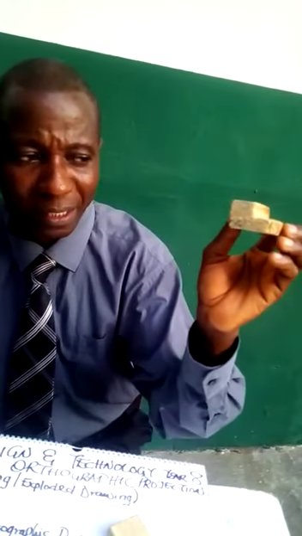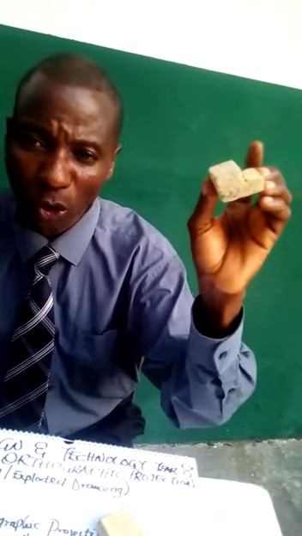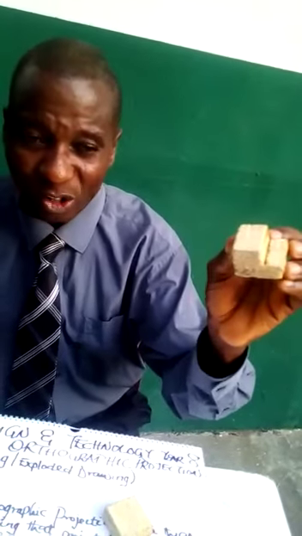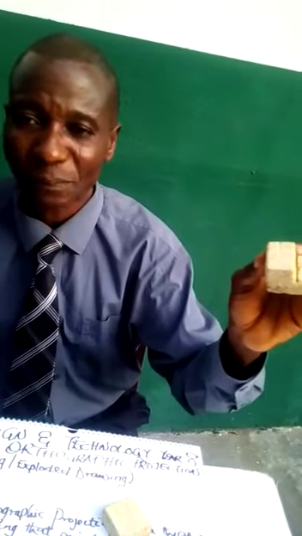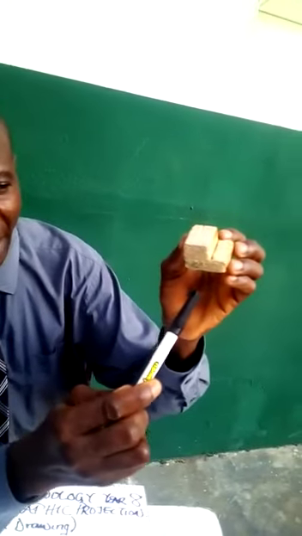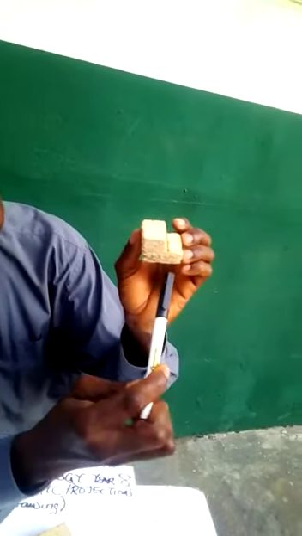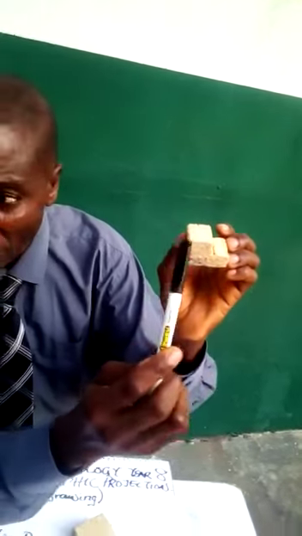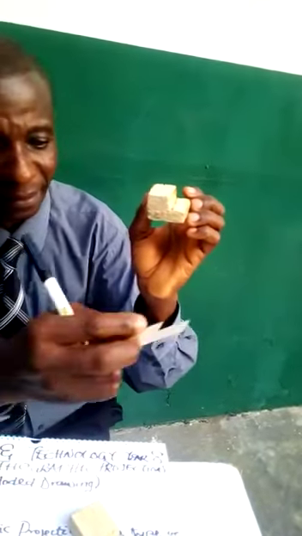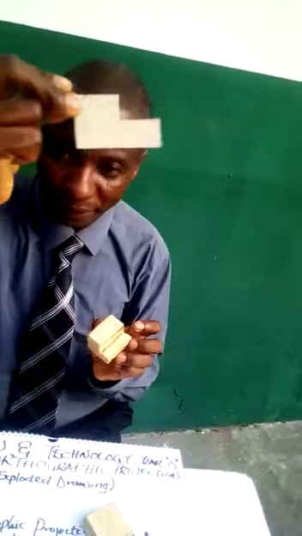If you are asked to draw the orthographic projection of this one, the question will go like this: from the block shown above, draw from the direction of arrow X or arrow A, any letter of the alphabet. Look at my biro. If they say draw from the direction of the arrow, my biro is representing the arrow, and the arrow is facing this way. The side the arrow is facing is the front elevation. And what can you see? You can see something like this. This is the shape you see.